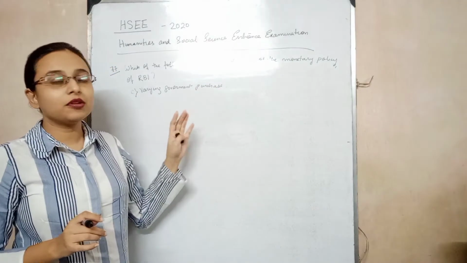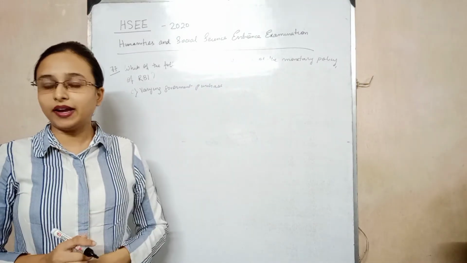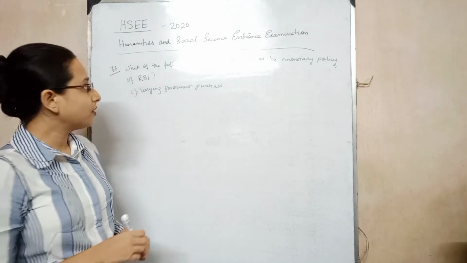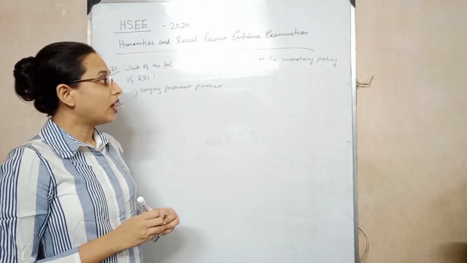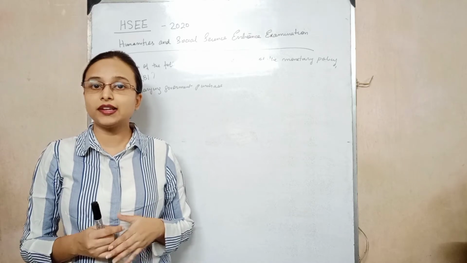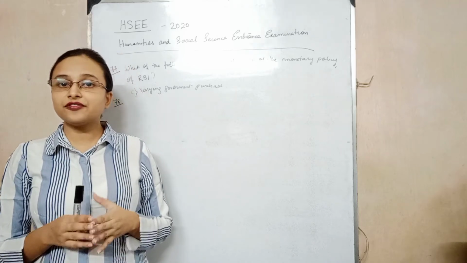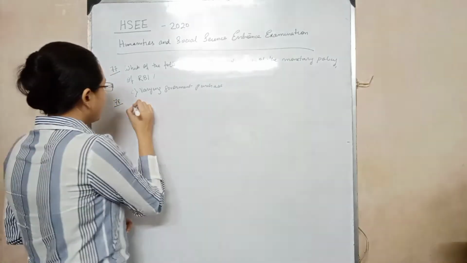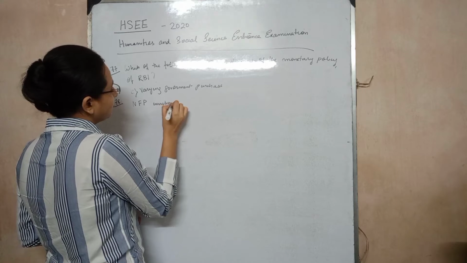Because varying government purchase is not related to the instrument of monetary policy determined by the RBI or the Reserve Bank of India. Okay. Now coming to the next question, question number 78. Question number 78 is related to the Indian economy only, but it is related to net foreign portfolio. And the question is, net foreign portfolio investments are recorded